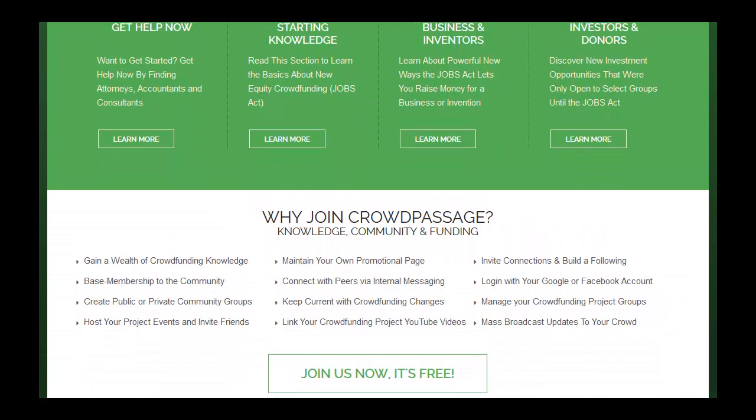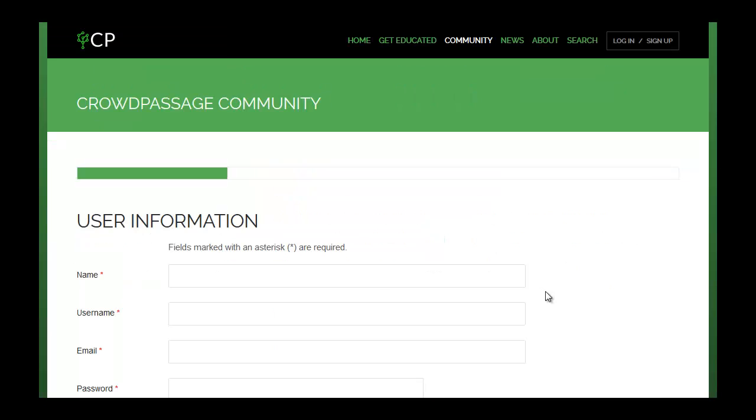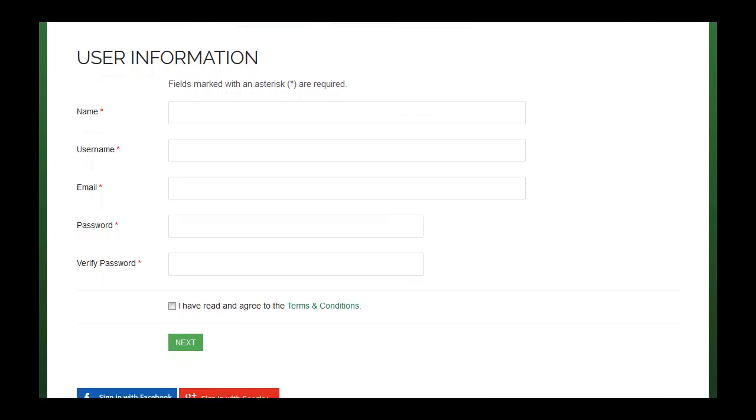If we scroll down a little bit here, we have this Why Join CrowdPassage area. It kind of gives you a little overview of some of the features, but not quite as in depth. I'll cover those in some video tutorials in the future. Right now you can click on Join Us Now, and then you'll hit a page for our community where you can actually start filling out your user information,